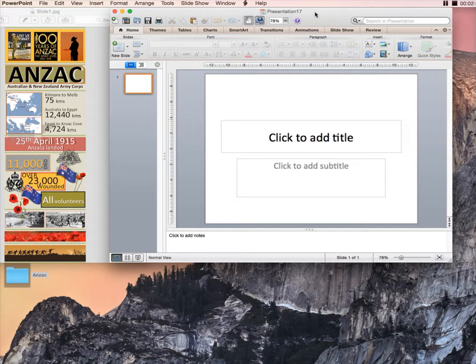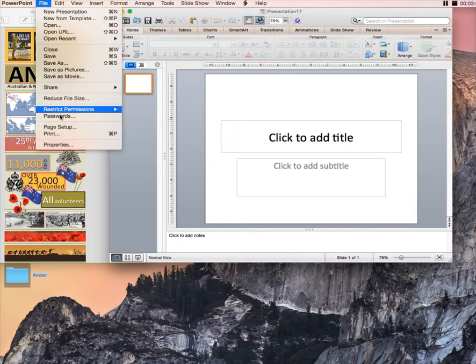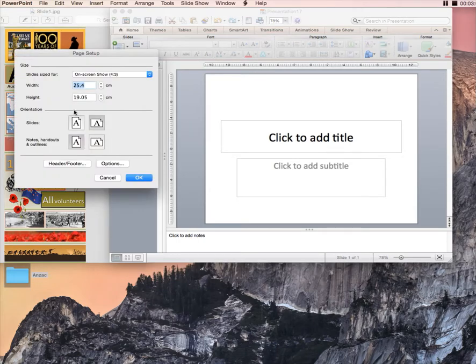I'm going to do a bit of a change first of all. We're going to go up here to File. We're going to go to Page Setup. I'm going to change the dimensions of our page. See, this is the width, so this is the different dimensions that this page has at the moment. Okay. So it's 25.4 centimetres wide and it's